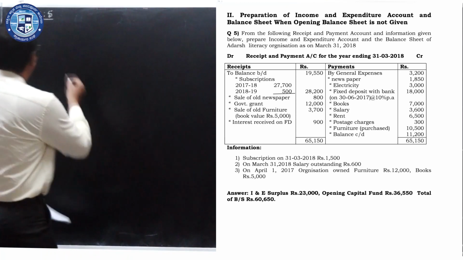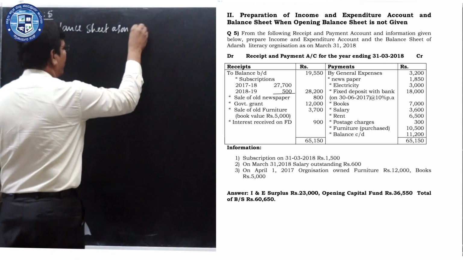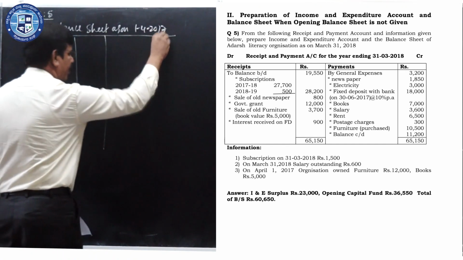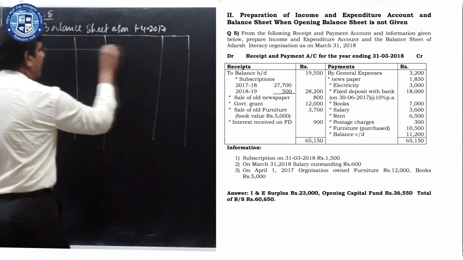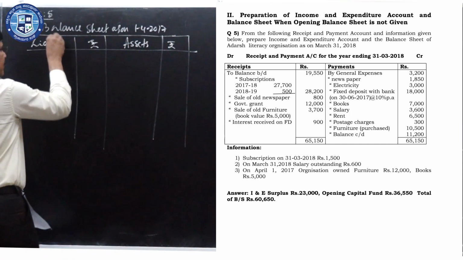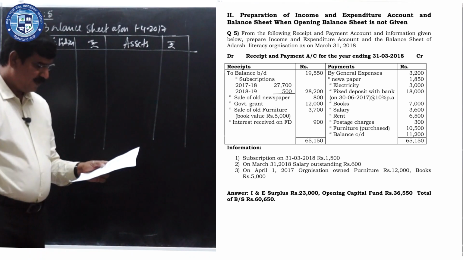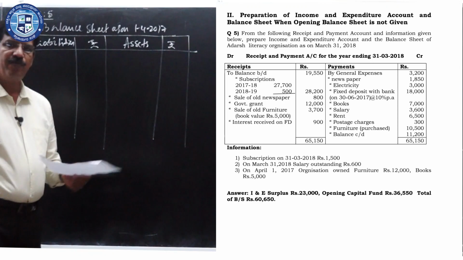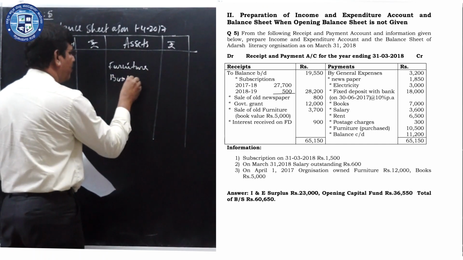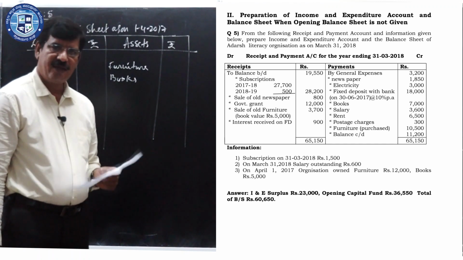So we shall find out opening capital fund. Balance sheet as on 1/4/2017. Assets, rupees, liabilities, rupees. See, what are all the assets given in the adjustment? Furniture and books are given. So you can write furniture and books. These two items are given, and opening cash in hand balance, it is there in receipts and payments account